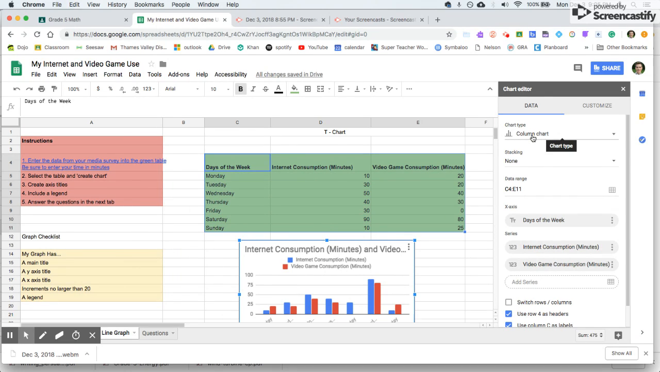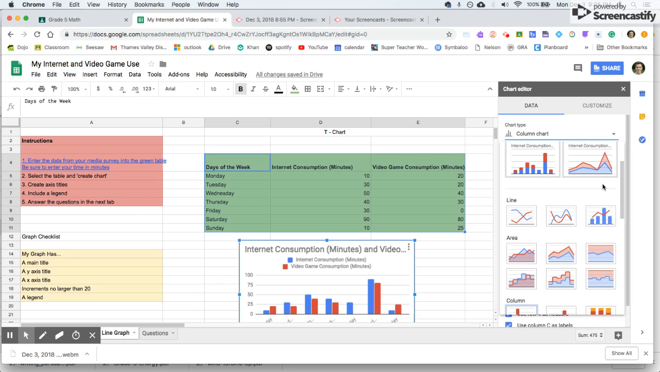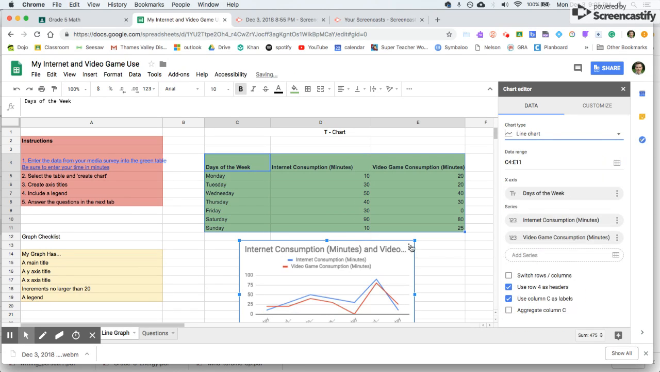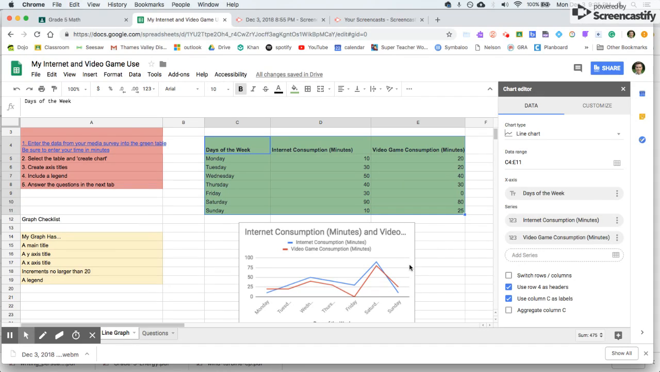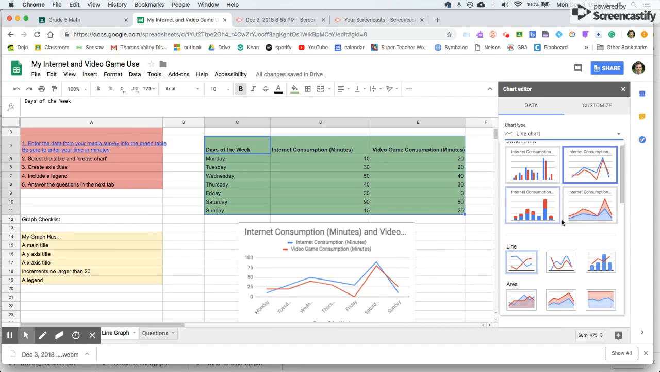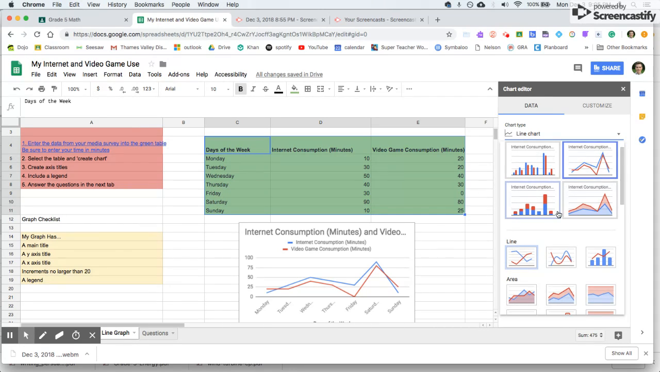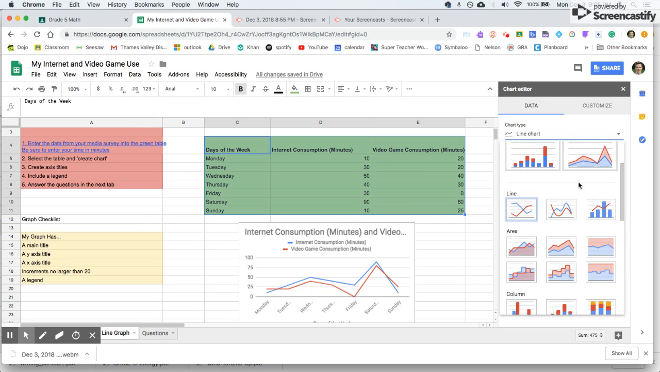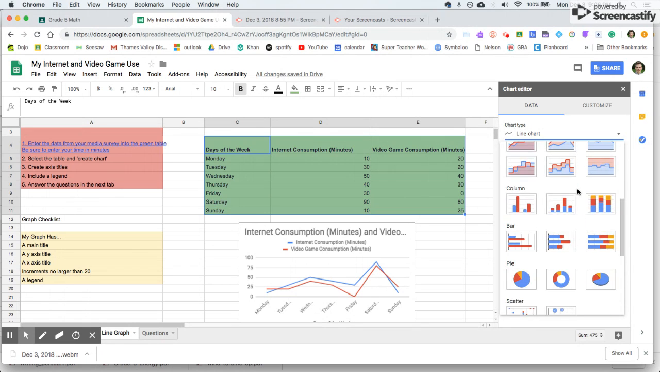And you can select different types of graphs that will change the look of the graph. And this is what we're exploring. What is the kind of graph that you think displays the data effectively? There's double line graphs, there are bar graphs, you can even select some double bar graphs,